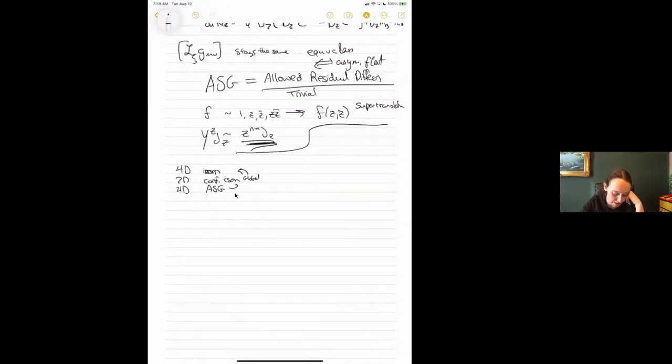Right now, everything I've been saying for 4D has been mostly, at least in this ASG story, in position space. But of course, we know how to talk about single particle states and the representations of Poincaré in momentum space. So what we're going to want to do later is redo some of that in a formal basis, but that's for another day. For now, what we really want to do is understand why these are symmetries of the S matrix.